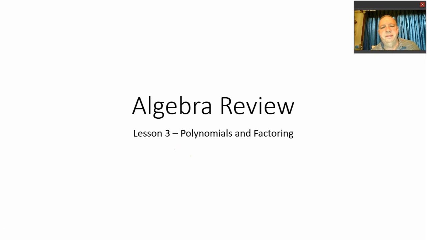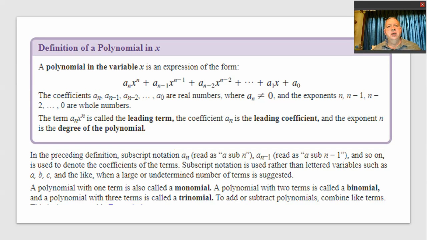Welcome back to lecture. In this lesson, I'm going to talk about polynomials and factoring and just different ways of looking at these. So what is it? What is a polynomial? A definition of a polynomial in X is that a polynomial in the variable X is an expression of the